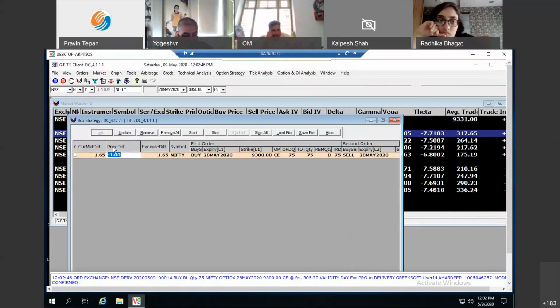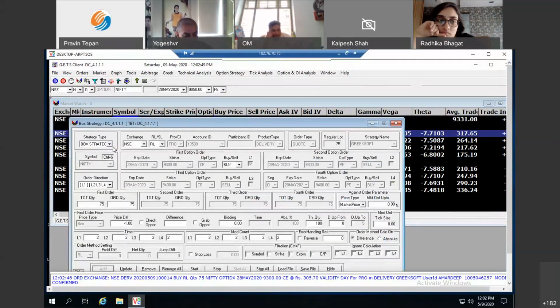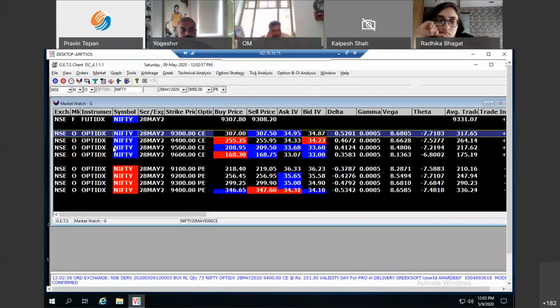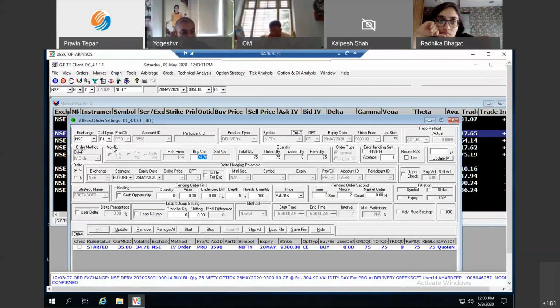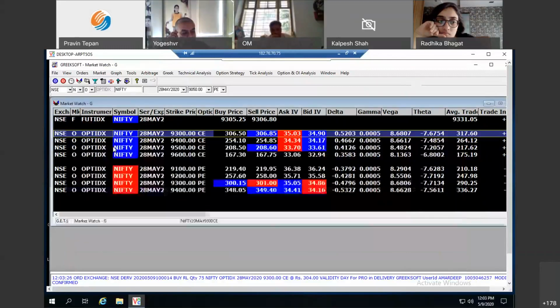Then we moved to Alt X. Alt X was helpful in making you do box strategies and four leg strategies. In every strategy, we had regular order, stop loss order, bracket order, and leap and jump. We had Alt S. Alt S was a dedicated screen for spreads, wherein I was able to do not only premium based spreads but also IV based spreads. Then we had Alt Q. Alt Q was single leg buy or sell based on volatility and ITM. And here again, we were able to do different kinds of ratios: Vega ratio, theta ratio, gamma ratio.